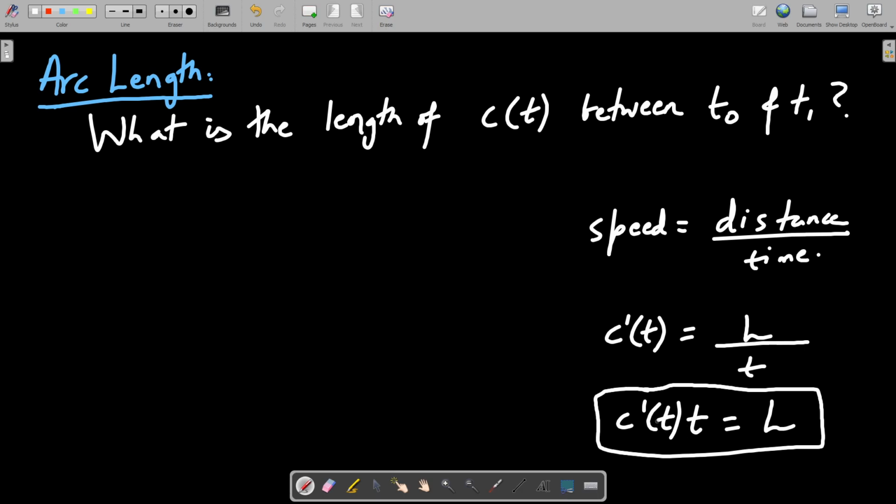Now this is with respect to one particular point, where the distance becomes C prime into t. If I want to do this for the entire period, the total length will become the summation of all these values, the norm of C prime of t into t. After doing the Riemann sum business, that will eventually turn out to be equal to the integral from T0 to T1 of the norm of C prime of t. Sorry, this should be the norm.